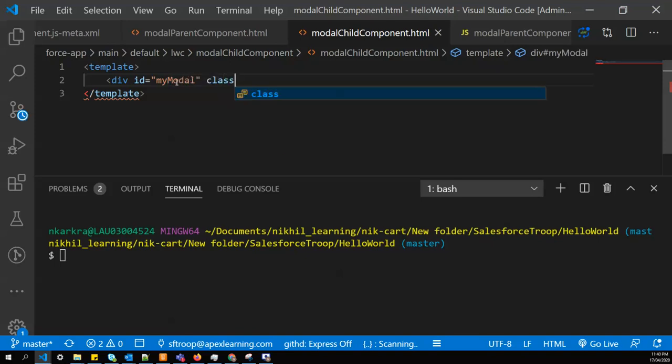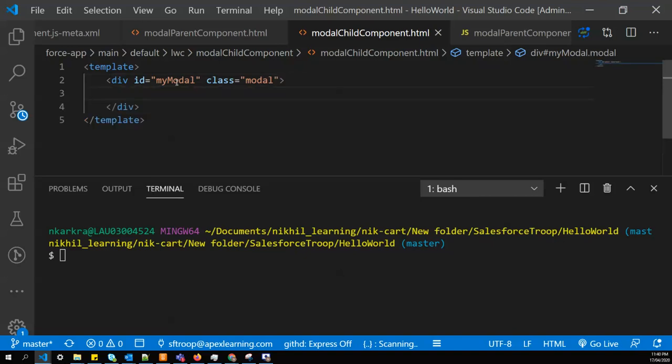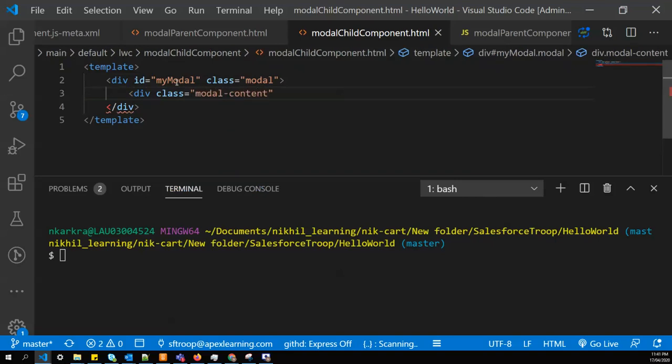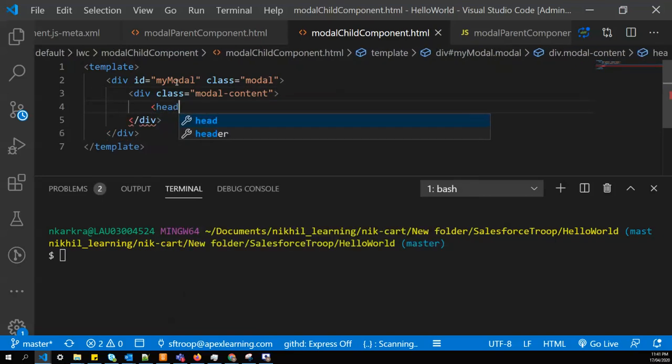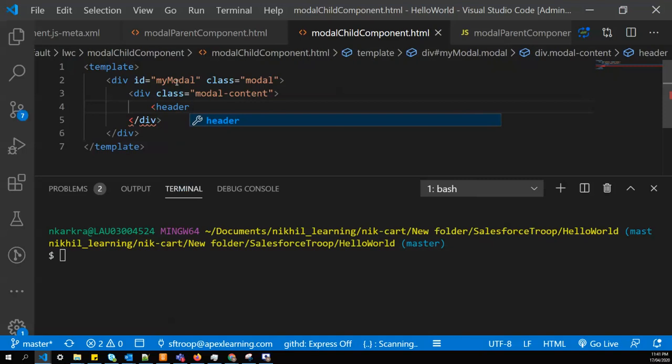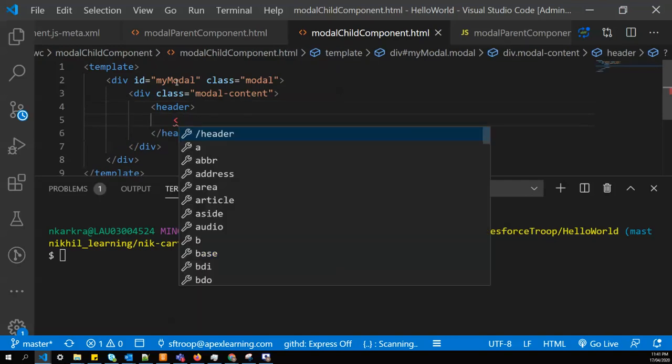I'll create a class model, and within this model I'll create a class model content. We can go with the SLDS Lightning Design System model as well, but that I'll use when I teach you how to create the reusable models. Completely reusable model.